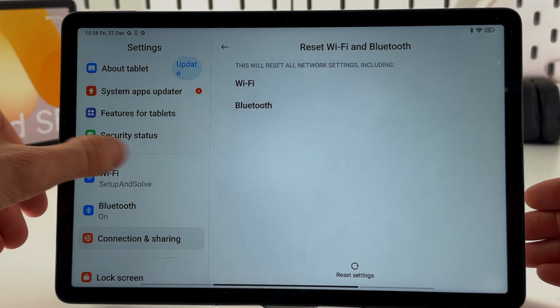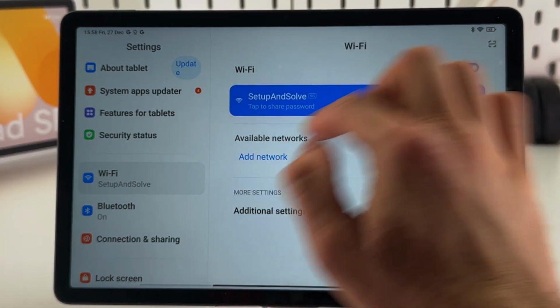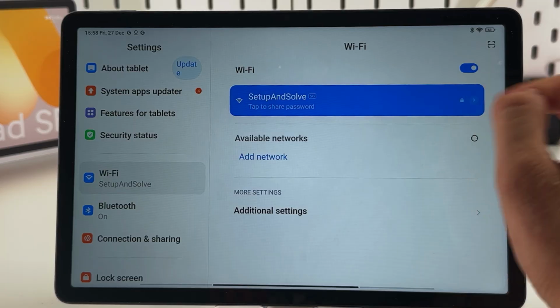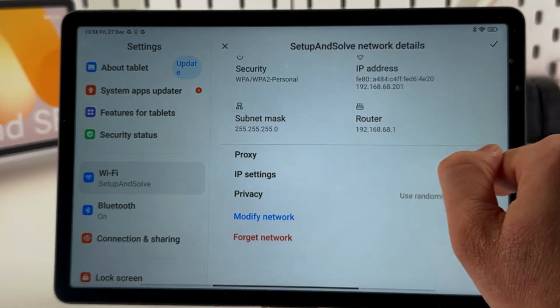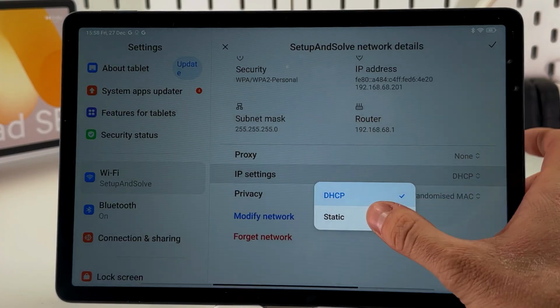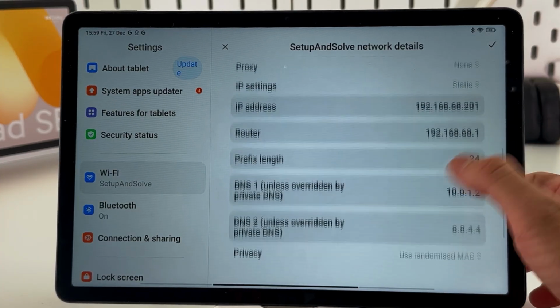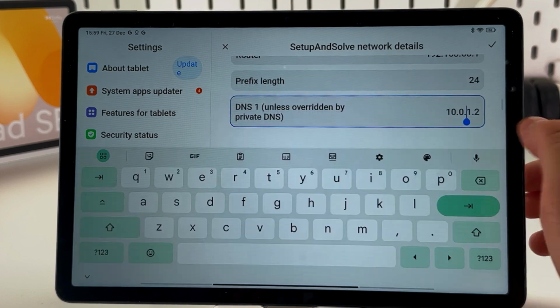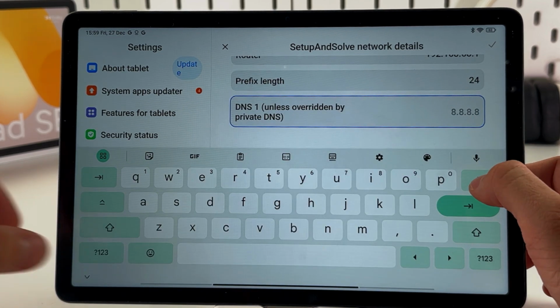Alright, after that we can try to change the DNS settings. So once again, open up your Wi-Fi section, choose the network which you are connected to, tap on the arrow icon. Now scroll down to your IP settings, here they are, and choose static. Now find your DNS1 and we are to enter a new DNS number. So let's do this. We are to enter